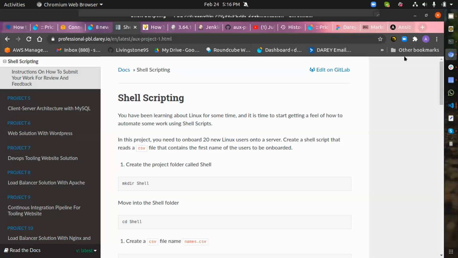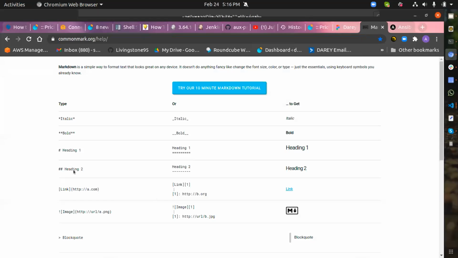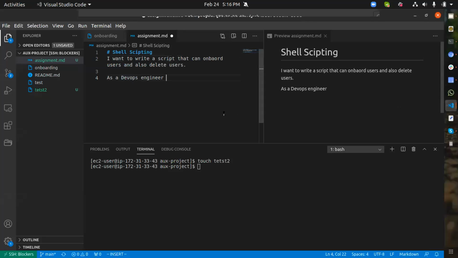I assume I don't know the command. Which one is for bold? Okay, look at this, this is the command for bold. So I'm going to go back and do the command for bold. Just star. When you're trying it the first time, it will look strange, like what is all this? But as time goes on, you get to enjoy it. Now, when you add a space, it's going to nullify that, so I don't add the space. As a DevOps engineer,